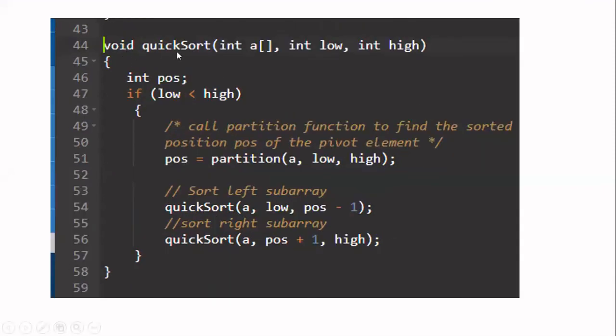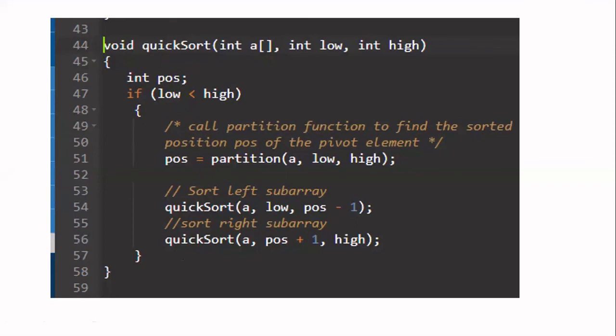If you see the function quicksort, we are passing three arguments. The first argument is the array, so use a square bracket for indicating the array. The second and third arguments are the lower index of the array currently you are considering and the higher index of the array you are considering currently. Store them in the variables low and high. Now this low and high are passed by value, whereas your array is passed by address. So whatever changes you are doing inside the function in the array will be reflected in the other functions also. Now I have to do certain steps until I find an array with only one element.